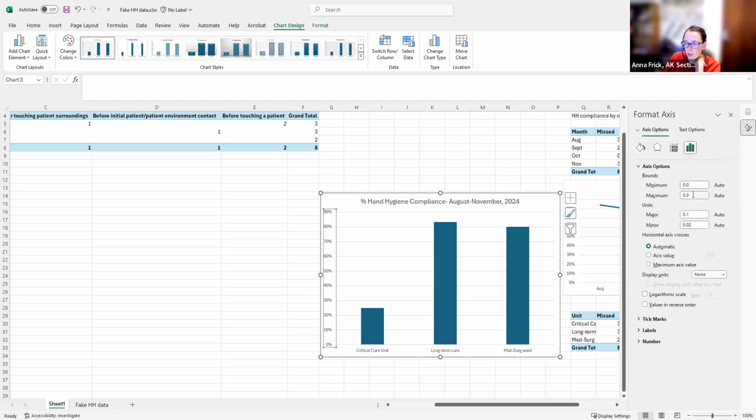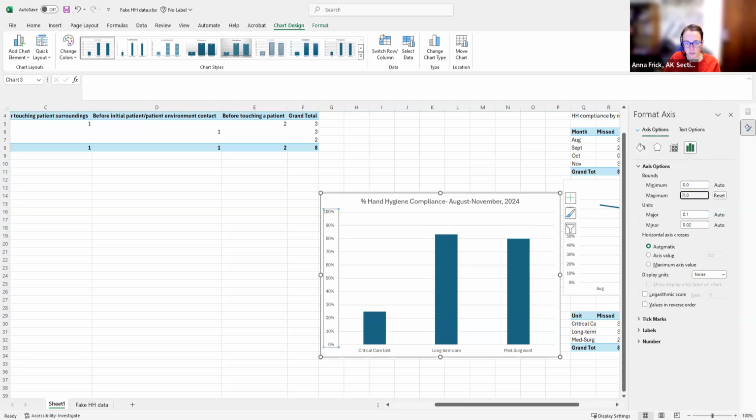There in axis options, I can choose lots of different things. So it's representing percents here as values between 0 and 1. If I wanted to change that, it did a decent job here, but maybe I want it to go to 100%, right? So then I could just put 1 here. So now I've done that. The 10% marks are pretty reasonable, but they are kind of close together. So maybe I'll have it switch those to 20% marks. That seems like a little less crowded. That looks all right to me. I think I'm okay with that change.